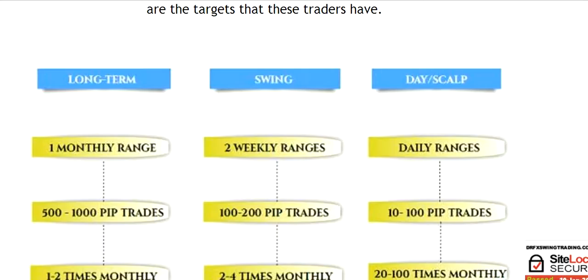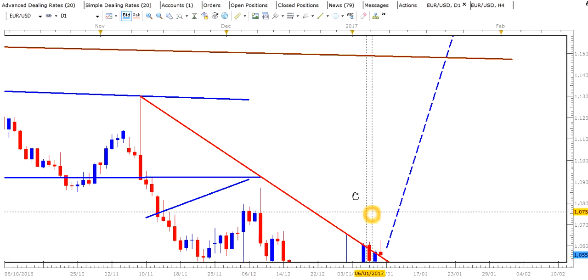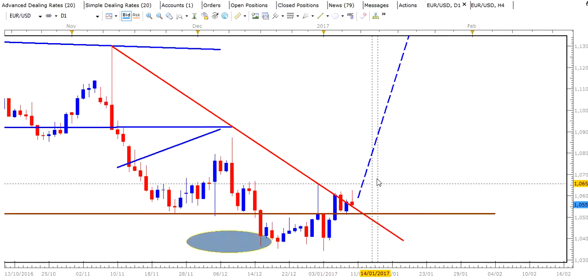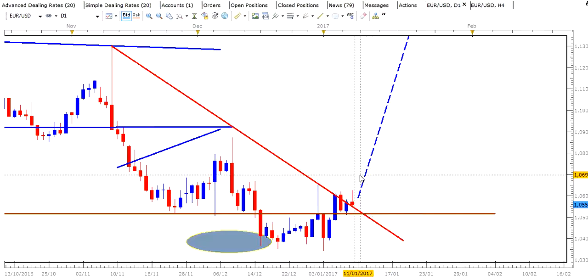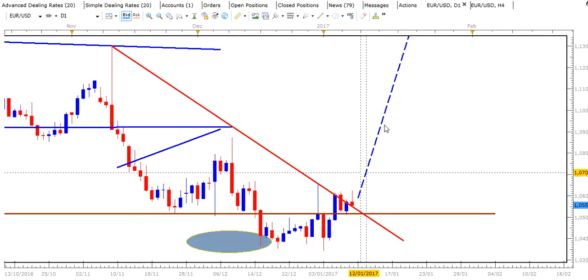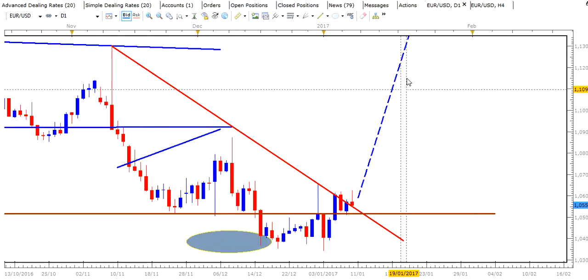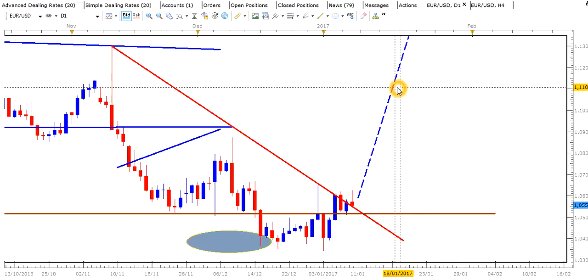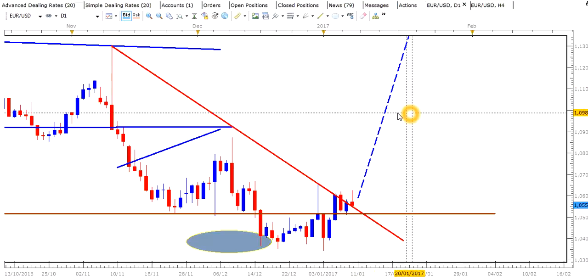In terms of swing trading, we're talking about trading targets of between 100 and 200 pips. So we're going to be looking out for that first possibility once the market gives us a strong enough signal at this area here. I'm going to be looking out for an ABC signal or a consolidation setup, or maybe even a double bottom formation that would give us a strong indication and a strong signal to get things going bullish. And of course, along the way, we're going to be looking out for other trading possibilities, because usually